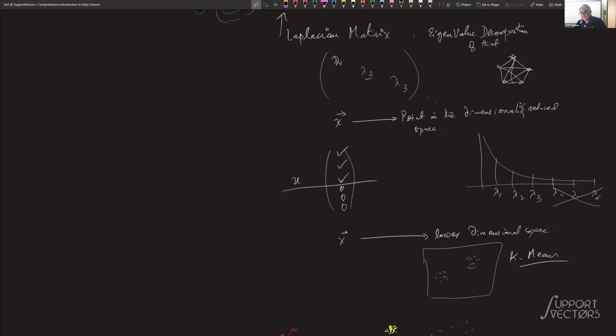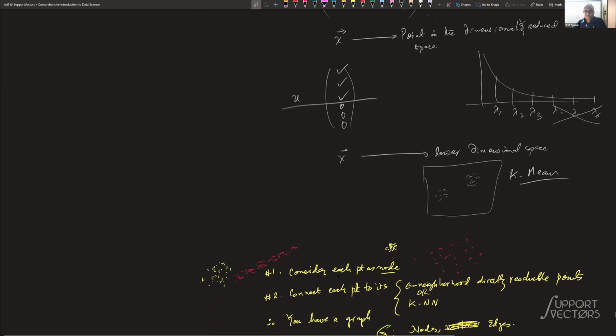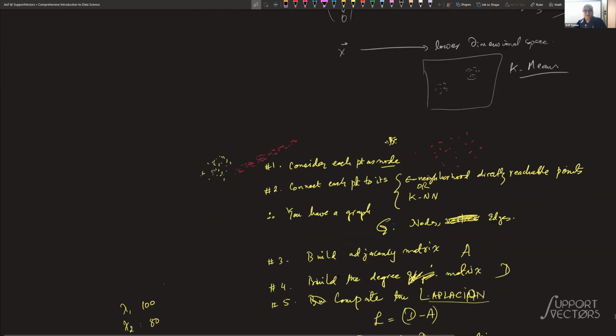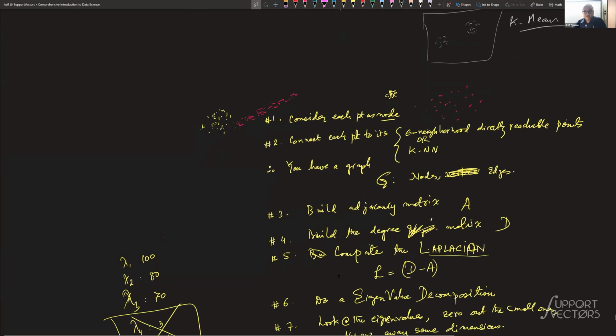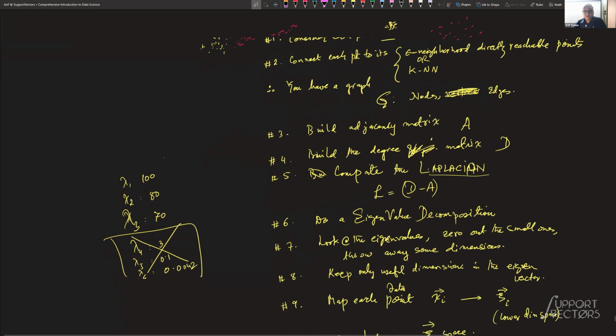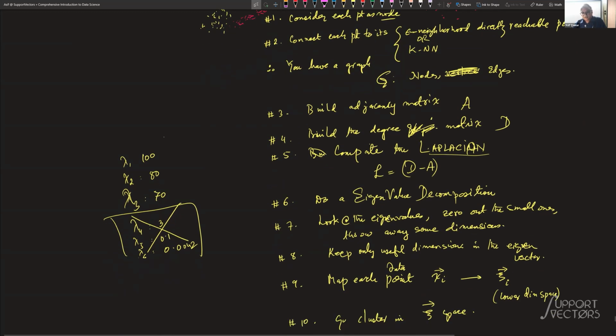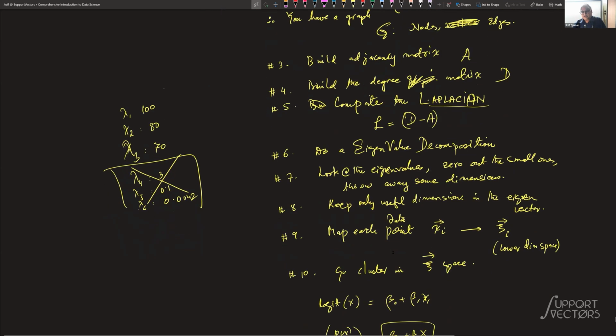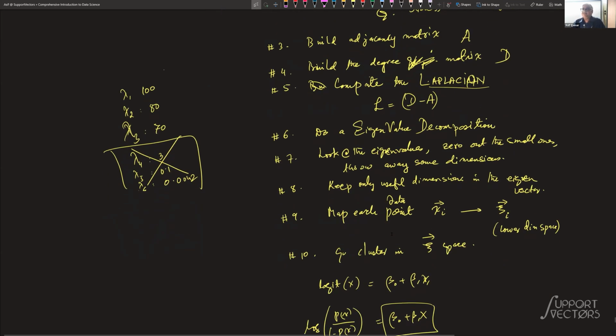Guys, whatever I'm saying, if it doesn't resonate with you at this moment, hold on, because we'll do dimensionality reduction in great detail. But once you have done that, the long intellectual journey is you take those vectors, and then you project every point into that space. And once you have projected the points, you can then apply k-means clustering or whatever favorite clustering algorithm you want to apply. That is the whole story of